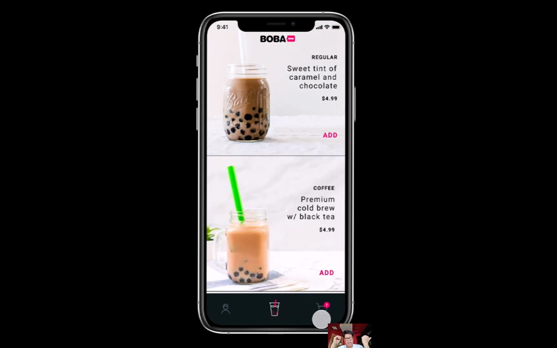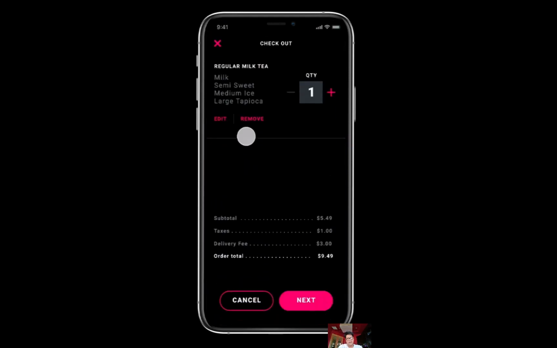It means I have 1 drink that I also have added to this as well. And you click on it, it shows you this is your selection: the milk, the medium, the semi-sweet, the ice, the large tapioca. You can edit, remove. I'm just going to do 1 cup right now. You can see the subtotal plus tax, delivery